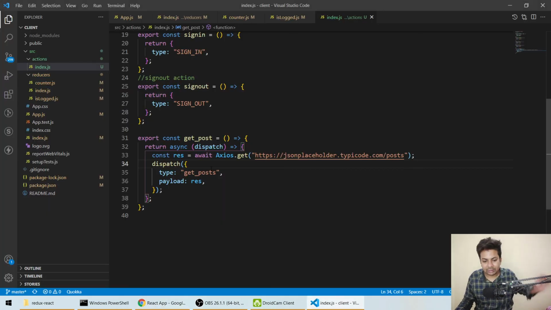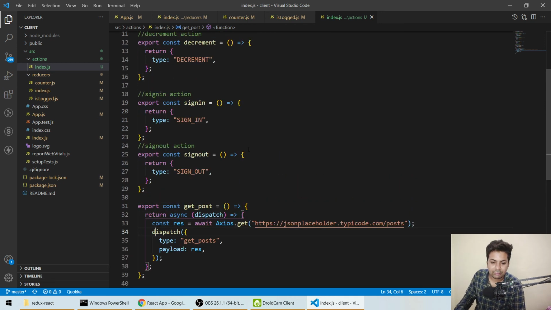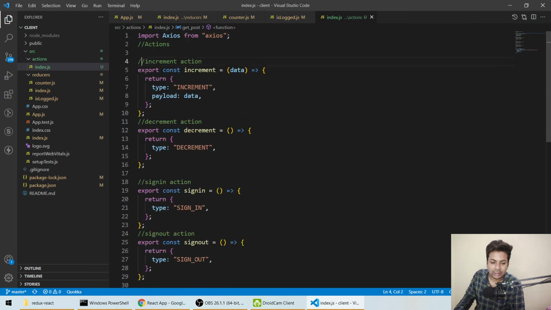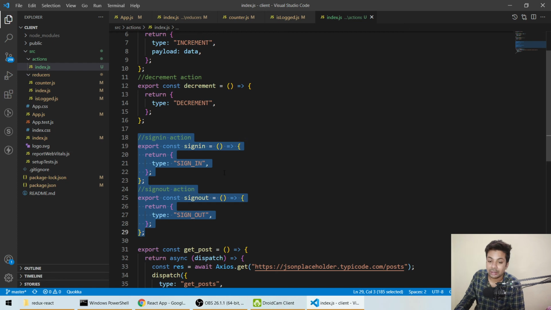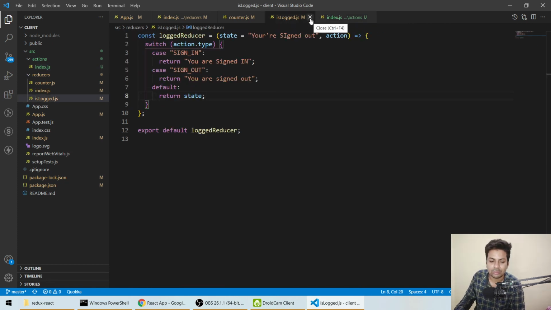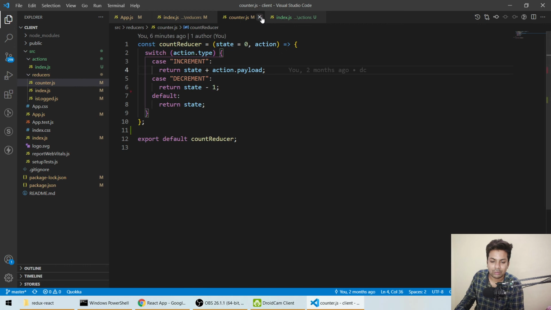But if you want to call this function and see the data, what we have to do, this is increment, this is sign in and log out, this is normal. We can close this logger button, then close this counter.